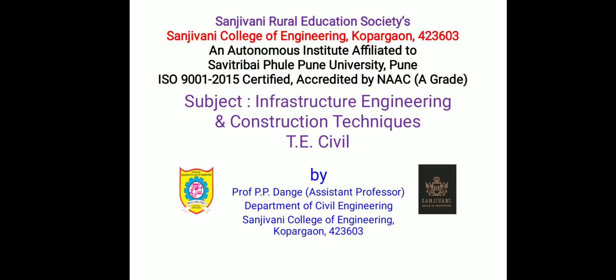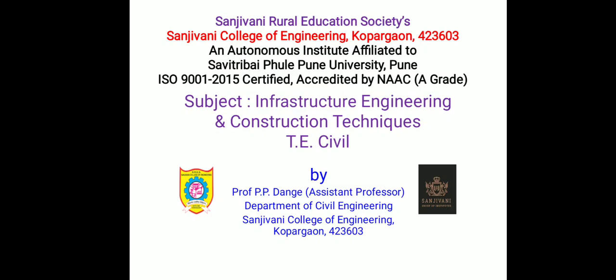In the last lecture, we had started with unit number 6, that is earth moving equipment. Under that, we had seen what are the various earth moving equipment, and we had studied one important earth moving equipment, dozers or bulldozers. So we had seen what is a bulldozer, what are the various factors which affect the output of a bulldozer, and what are the various types of blades that are used.